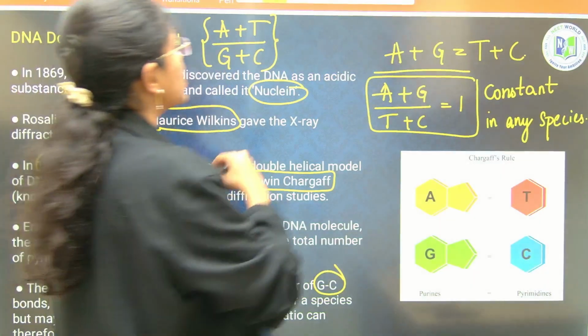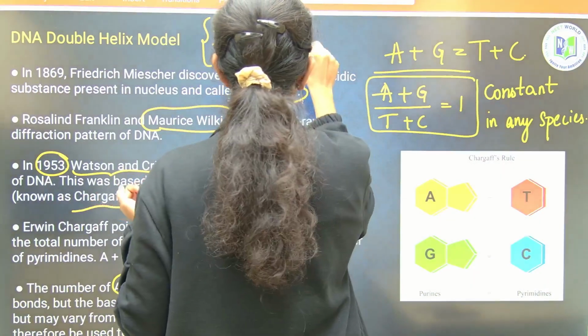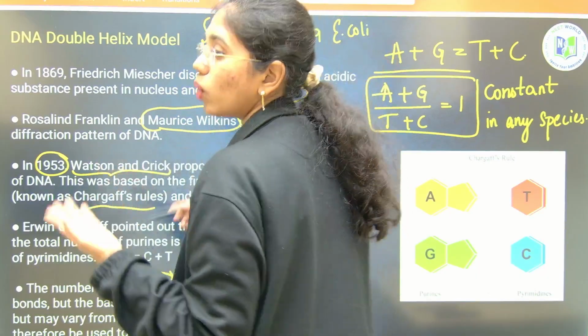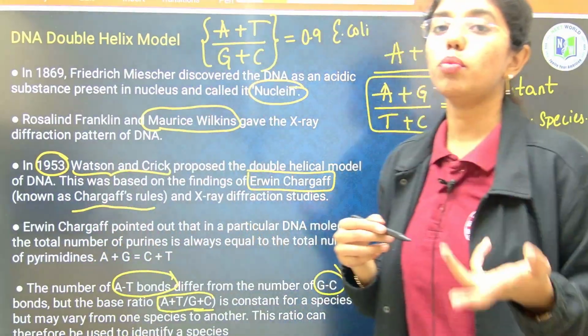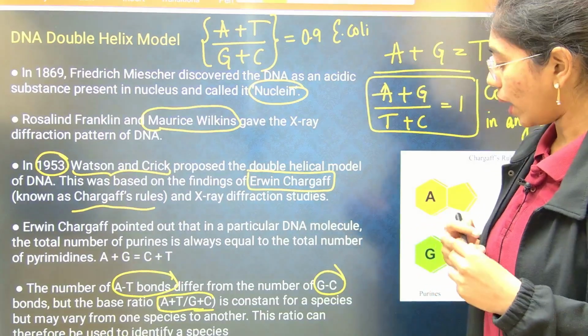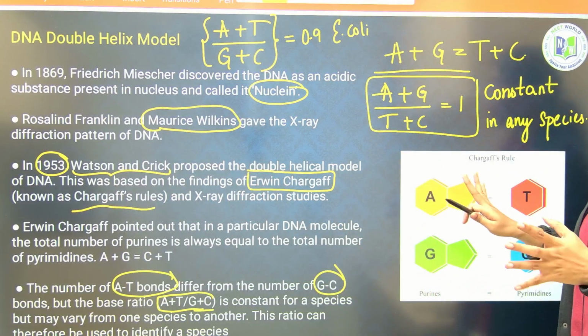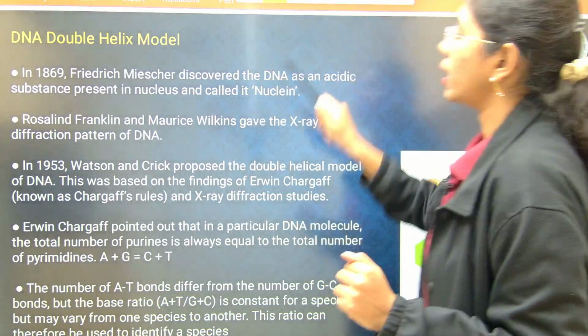It will be less than 1 in prokaryotes, approximately 0.9 in E. coli, and more than 1 in eukaryotes. Let's say for a human cell, it will be around 1.3. These are the ratios. Fine, right? Remember that carefully. And then